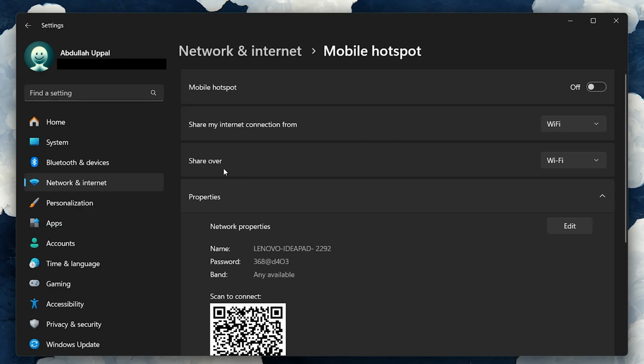Next, move down to the Share Over section, where you can choose whether to share the connection via Wi-Fi or Bluetooth. For most users, Wi-Fi is the perfect option since it provides a stable connection and is widely compatible with most devices. Bluetooth is an option, but keep in mind it may offer slower speeds and isn't as widely supported